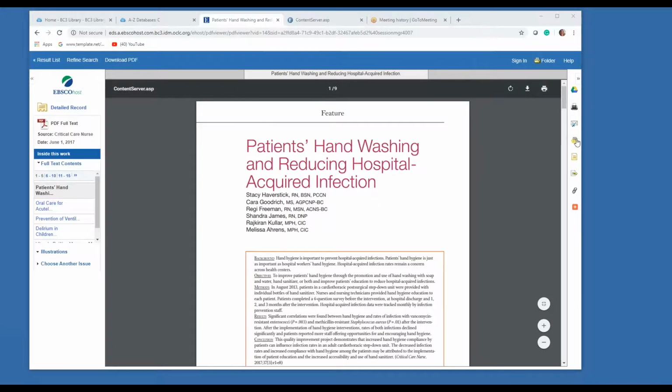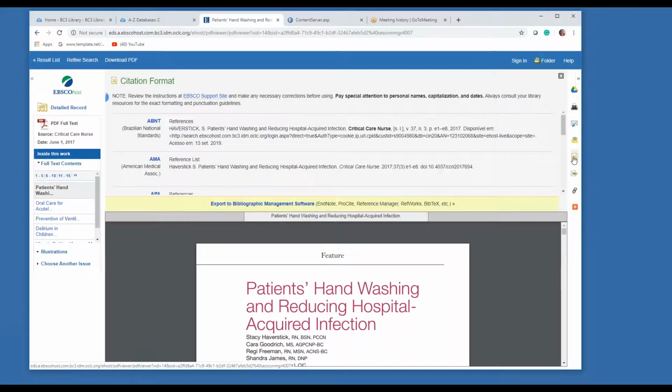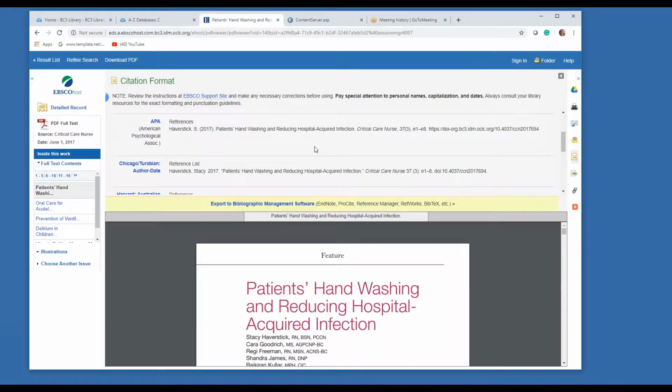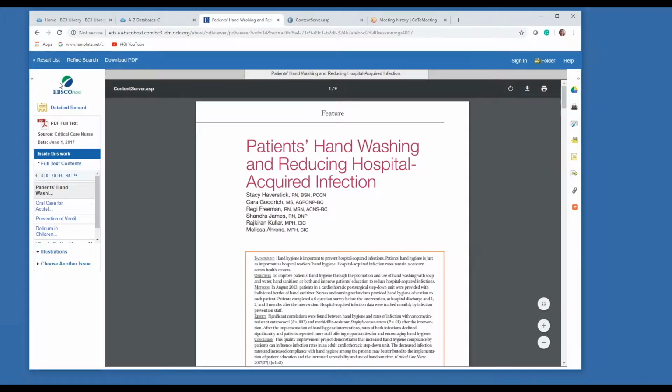However, in the sidebar, there's a link right here that looks like a piece of paper and it says Cite. That is a useful link. And if you click on that, it will show you how to cite it in different styles. MLA, APA, Chicago. Usually in nursing, you're going to want APA style. So you could cut and paste this right into your bib. So that's very helpful. I'm going to close that. And to get back to your result list, there's a link right here,